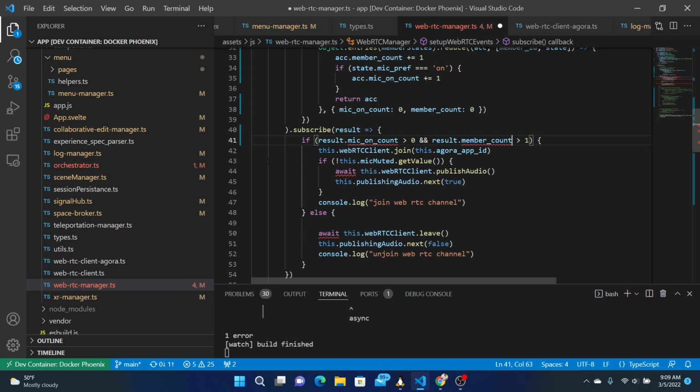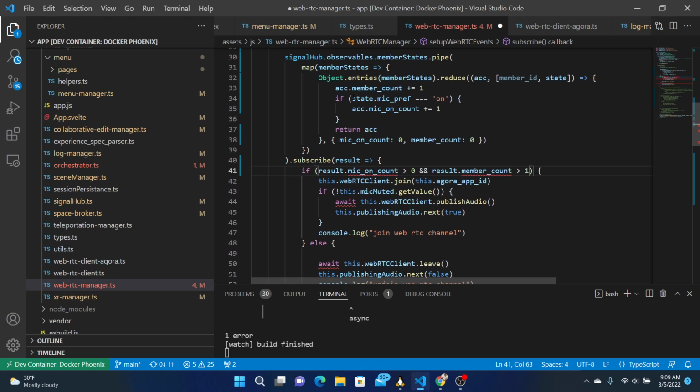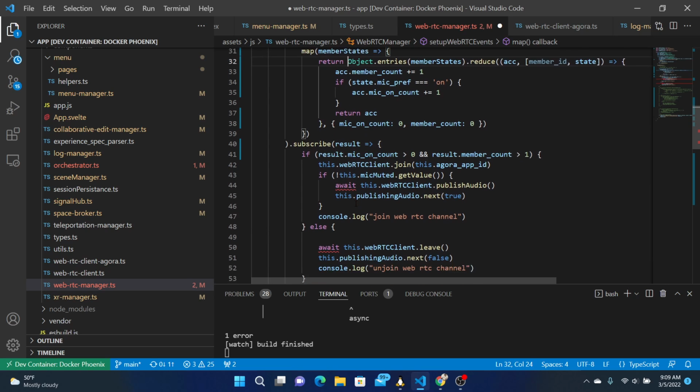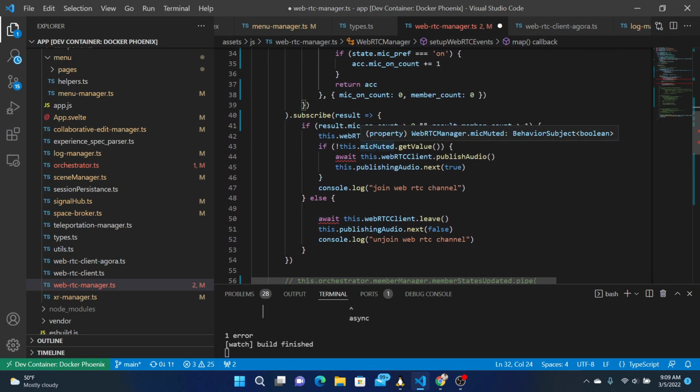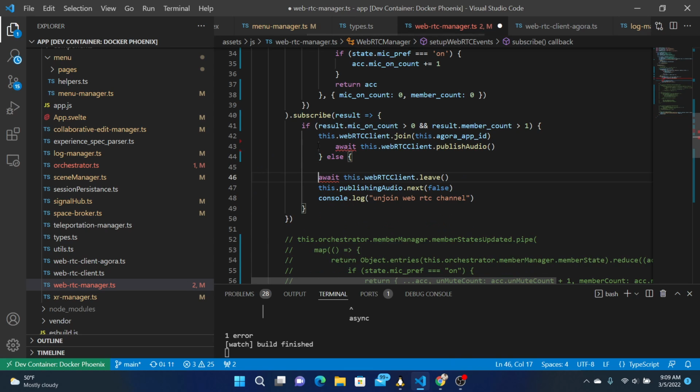Mic on count does not exist on type void. Map. Return the accumulator. Why is it void? Oh, we need to return this. There we go. Then we'll join if, okay, I think we need this part. Otherwise, we'll leave